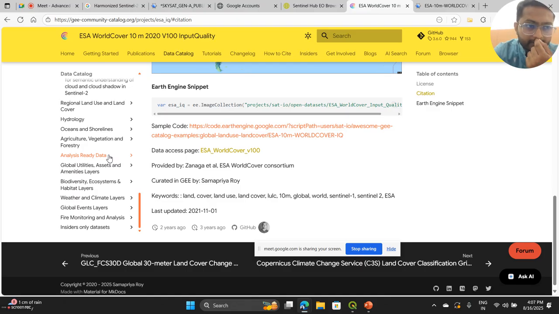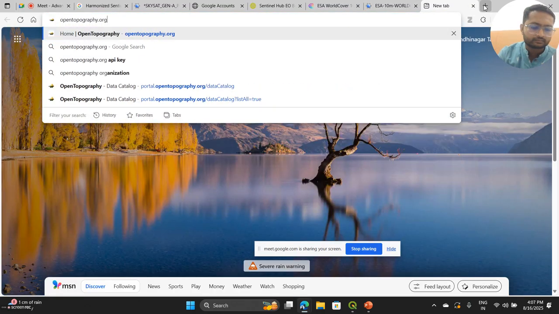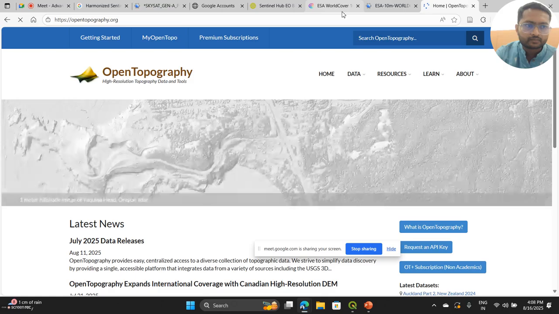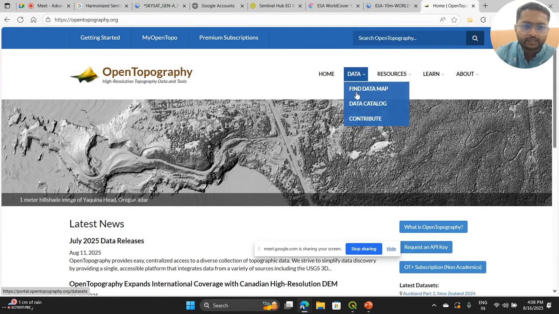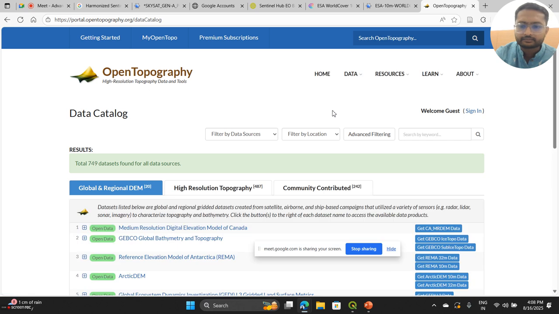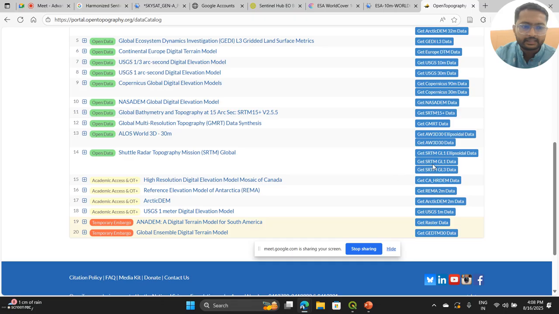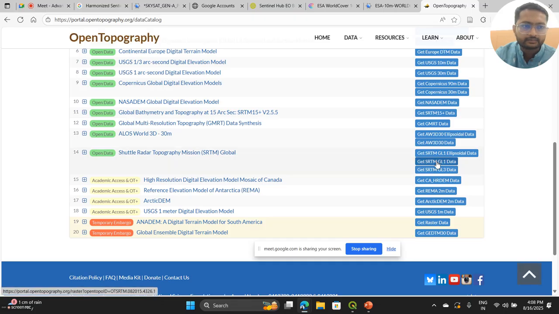Okay, so which data were you trying to download? DEM data? Is it SRTM or some other data sets? I can show you how to do that. So OpenTopography, data catalog. So now if we go to SRTM 30-meter data,